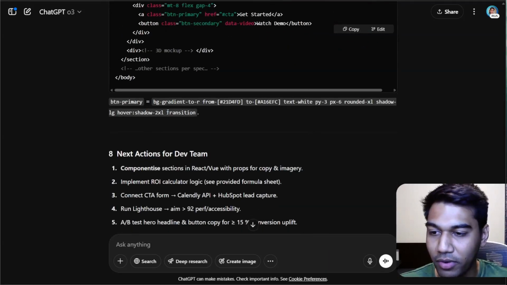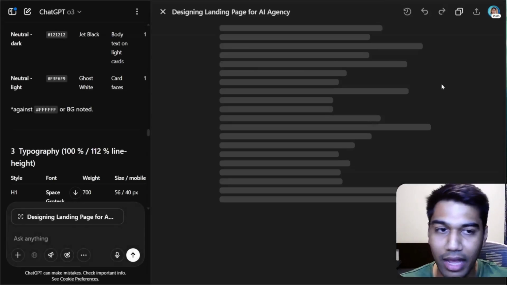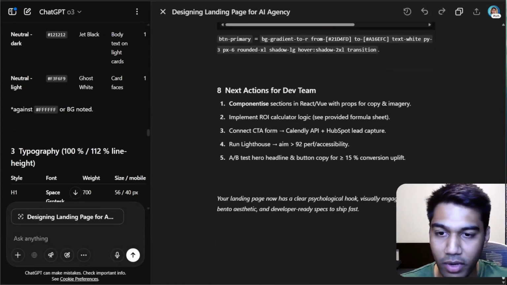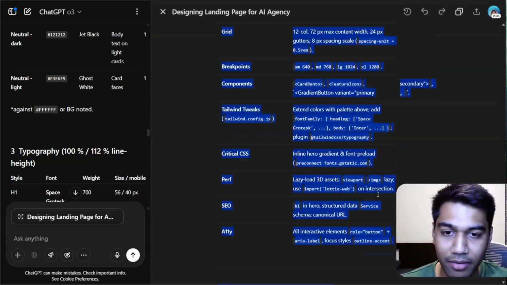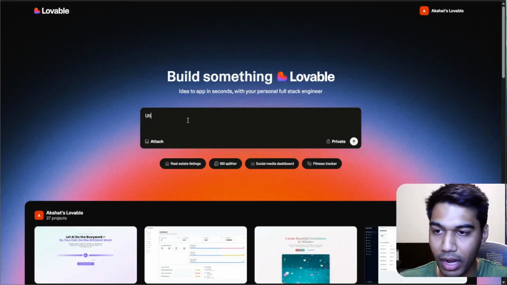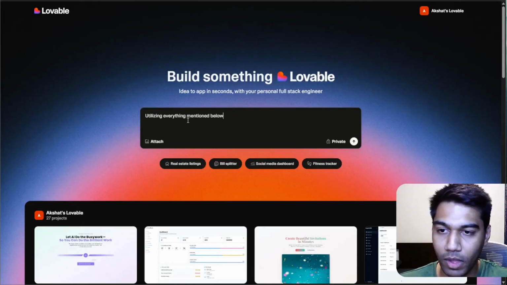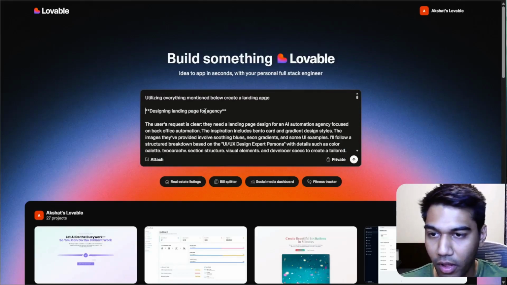What I'm going to do is just literally copy this, right? I can edit a couple of parts, so I can click on edit in Canvas, and then come here. I don't need the last 5 items because I want to copy all of this directly into Lovable. So I'm just going to click on copy and come to Lovable. Utilizing everything mentioned below, create a landing page. And then I'm just going to paste this, and then for AI automation agencies,